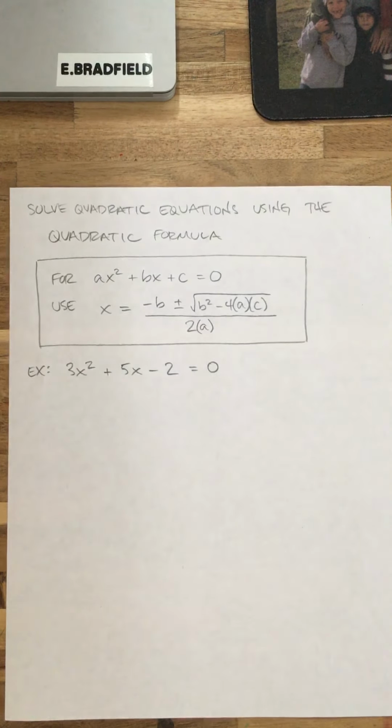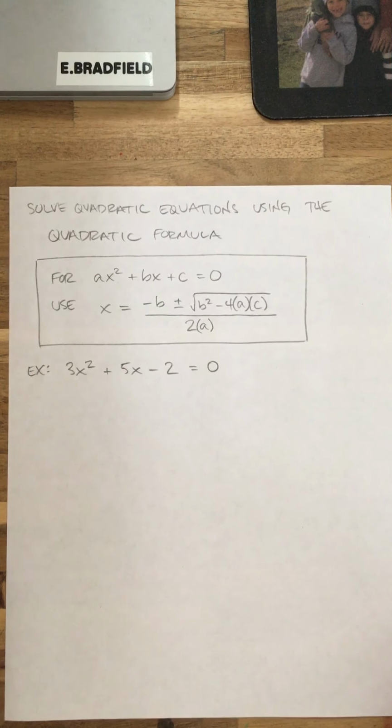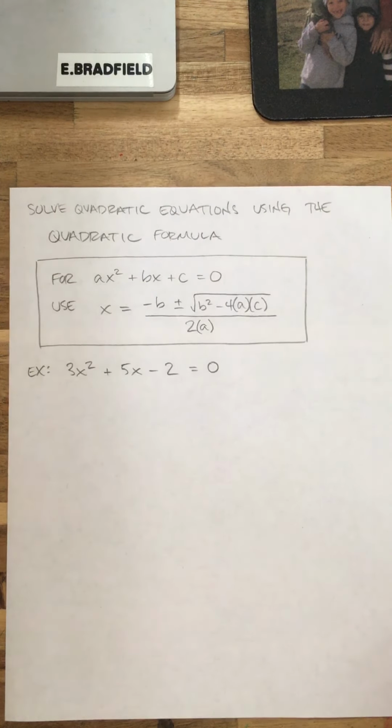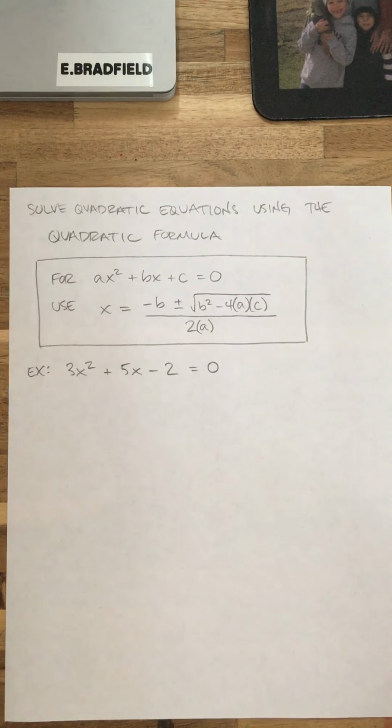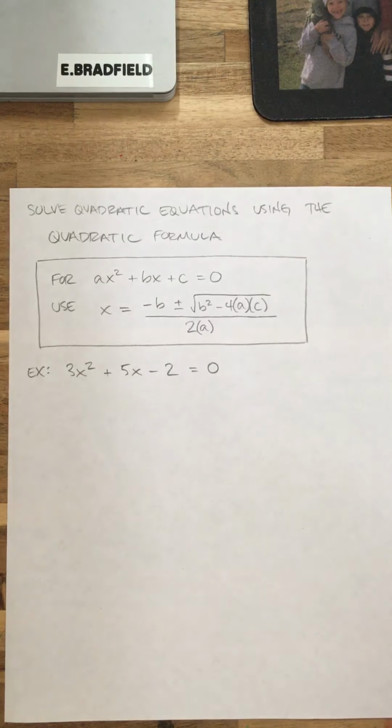Alright guys, so you've been solving quadratic equations for, I don't know, over a month now. You've been doing it in different ways. One of the ways is by taking square roots on both sides. One of the ways is by factoring and setting everything equal to 0. One of the ways you've been solving quadratic equations is by completing the square, okay? This quadratic formula that you're going to use today is kind of like the one-stop shop,